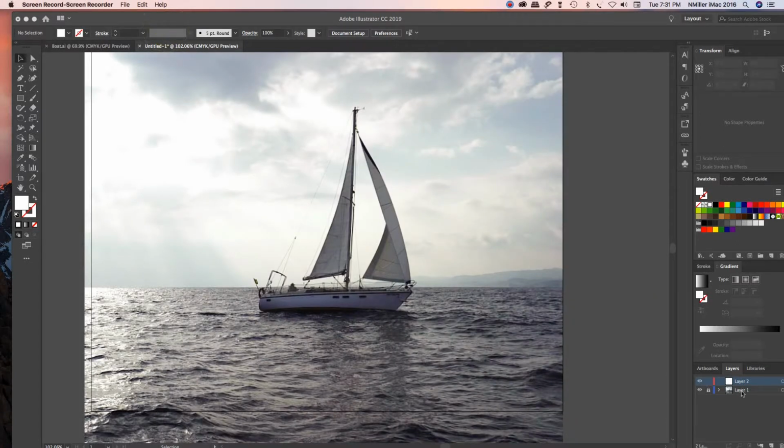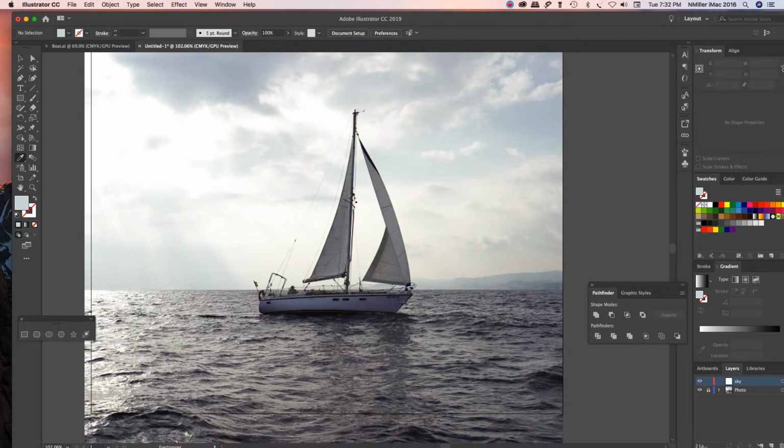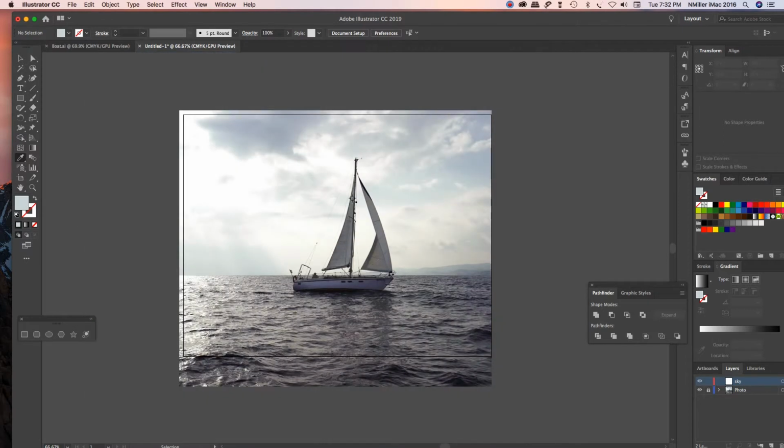Alright, so I have these layers here. I'm going to double click on the layer name and call this photo. I'm going to double left click, call this one sky, and then I'm going to go ahead and use my eyedropper tool and get some of this color, and then it'll pick up whatever color is in the sky of the photo area, and then I'm going to go ahead and add in a rectangle shape and drop that in,